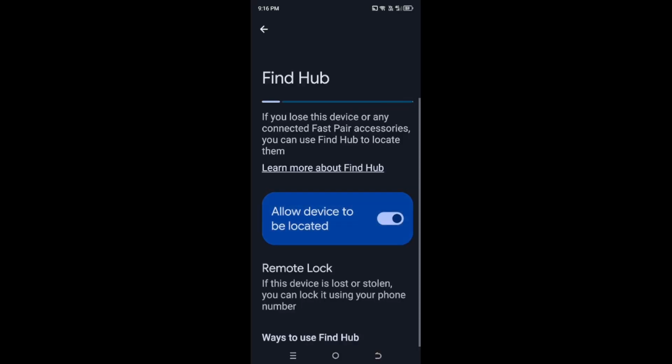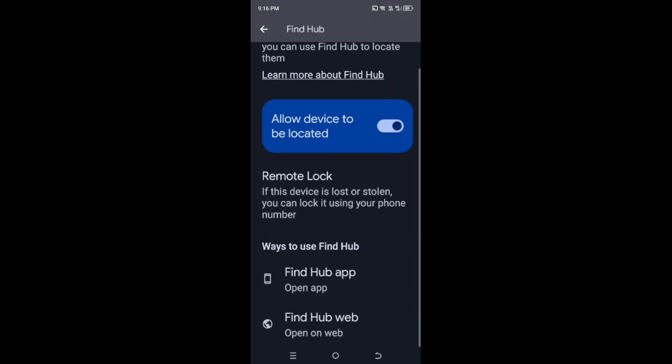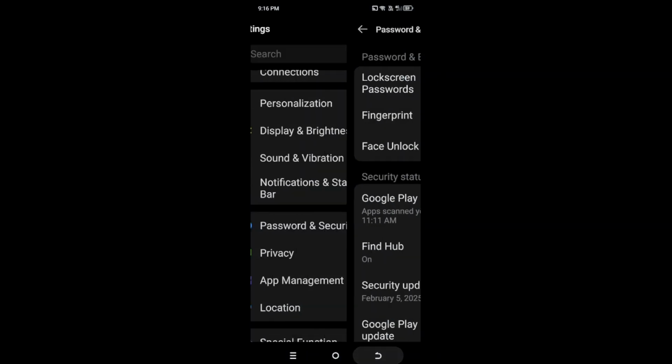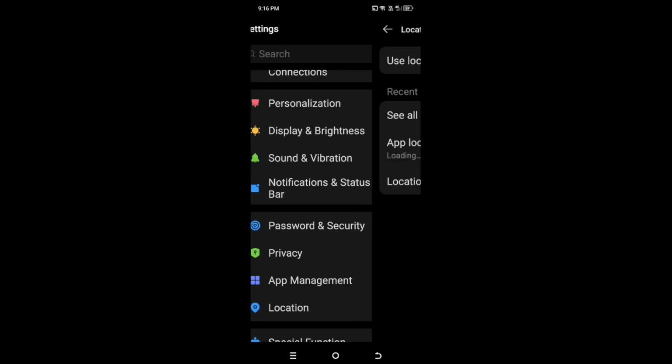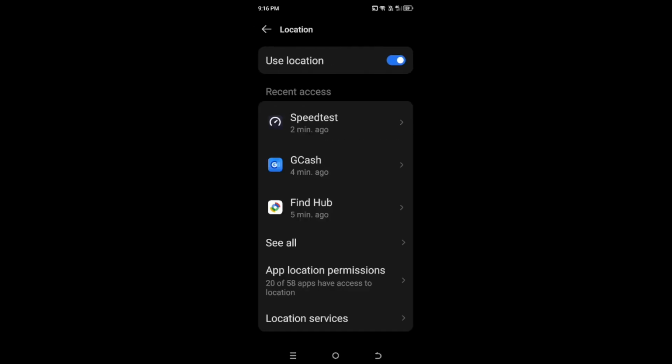Next, go back to the main settings menu and tap Location. Make sure location is turned on, since it's required to help locate your phone if it's ever lost. Also, confirm that you're signed into your Google account, as Find My Device uses your Google account to locate and